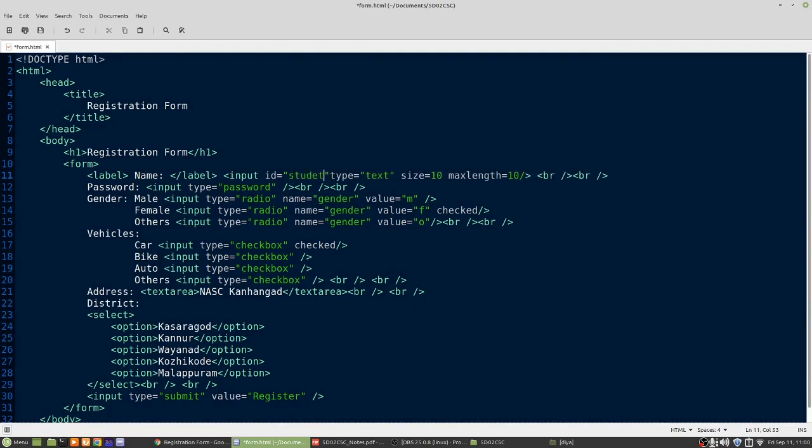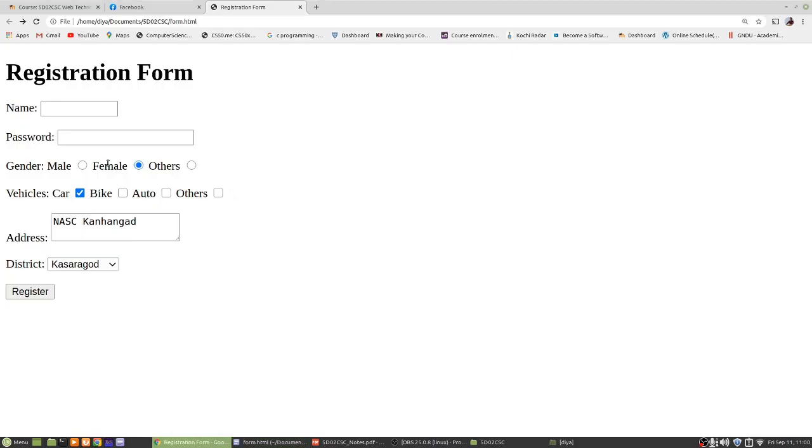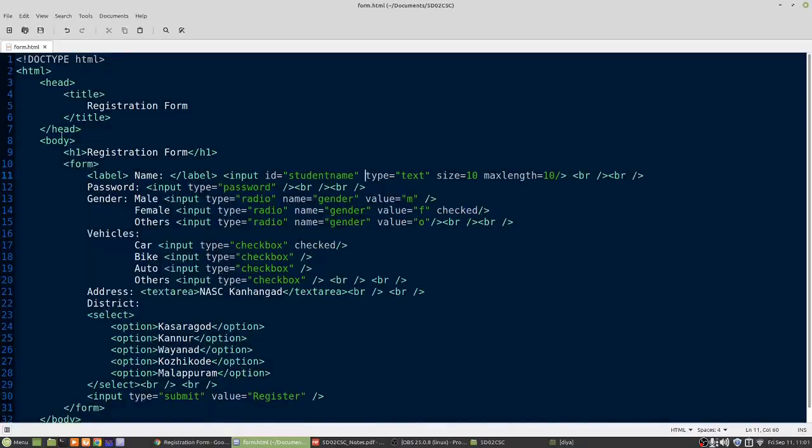I'm giving an ID student name. Okay, so what we have done now is save the file, no changes here, but if I click on this, you can type in some text. If I click on the label, nothing happens. So till now there is no change to our form.